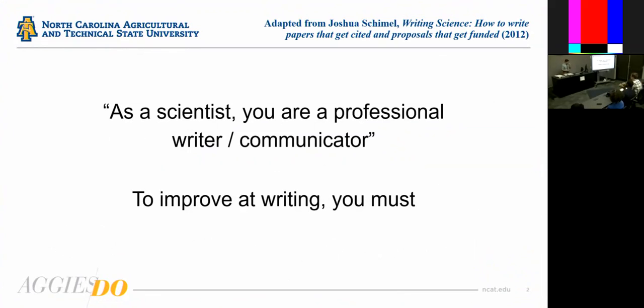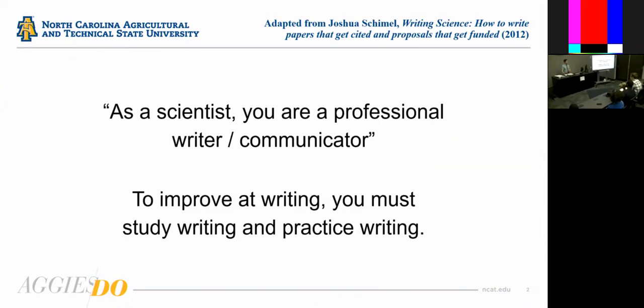Now, going along with that, as you may well begin to understand from experience, to improve at writing, there are some things you have to do. You have to study writing and you have to practice writing. Like anything, writing is a skill and it's an ever-developing skill. The best writers get better as they continue to practice and study. What we're going to do today is a little bit more on the side of studying writing. I'm going to have you look at the components of abstracts and apply those to specific abstracts. In other words, you're going to actually break down and study a piece of writing in a way that might be different than what you've done before.